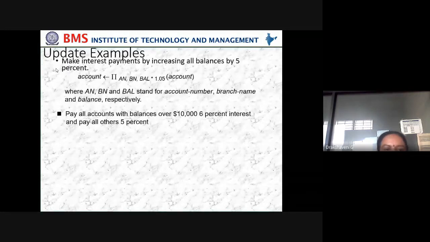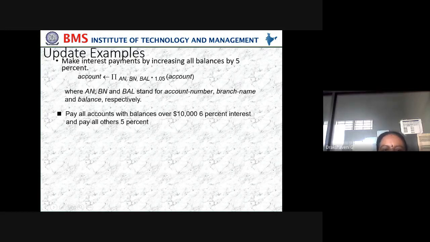So let's take some more examples on update. Make interest payment by increasing all balances by 5%. So then, in the account, I have to give the interest on the balance. How much do we have to give? We are giving 5%. So they will calculate that, multiply whatever is there in the balance, and display the account number and the branch name.